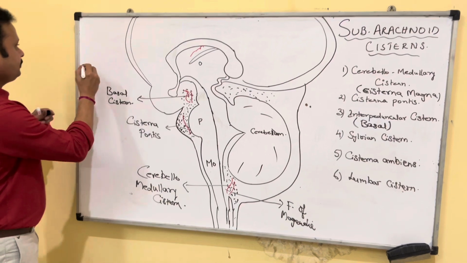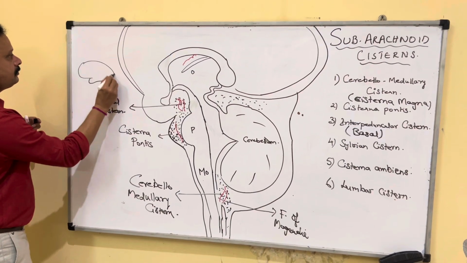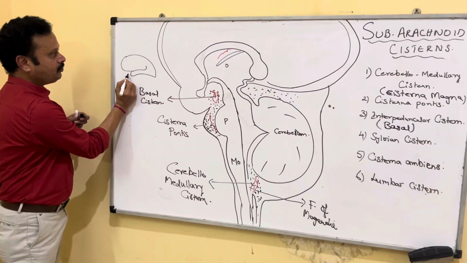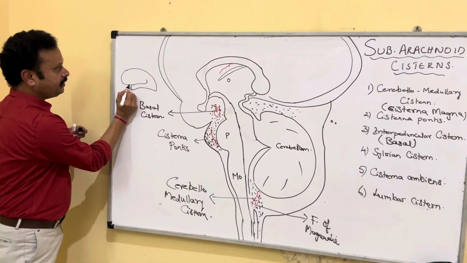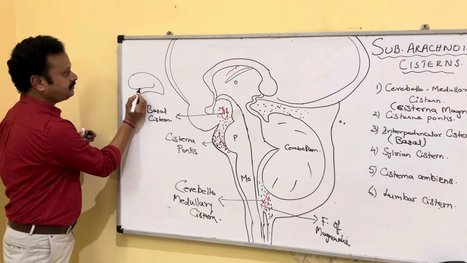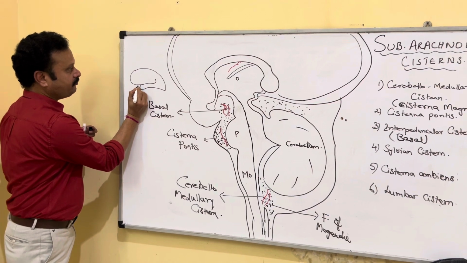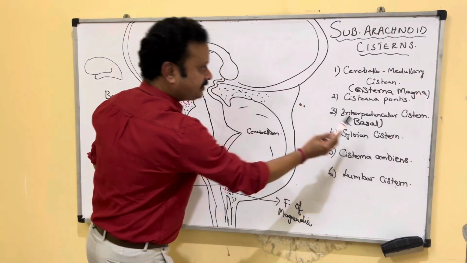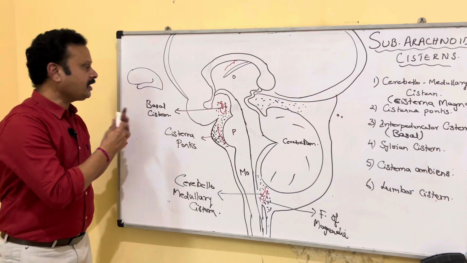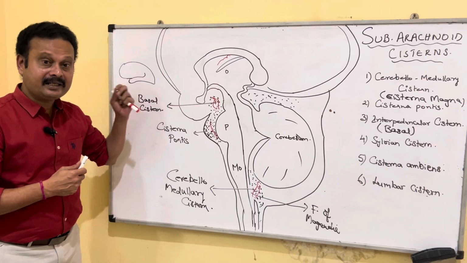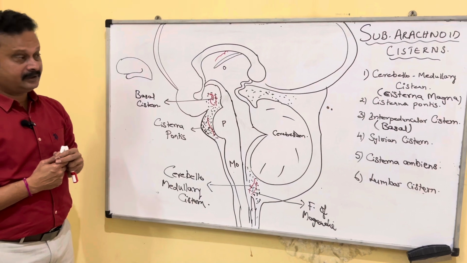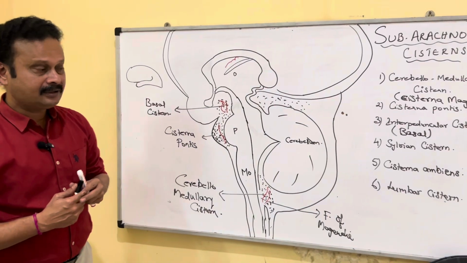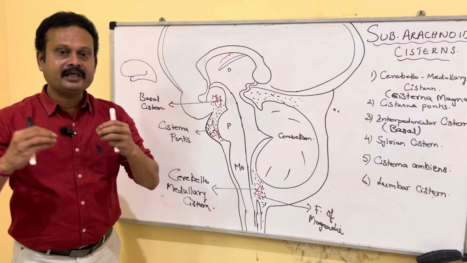If you see here on the surface of the brain, there is a cistern in front of the temporal pole and within the stem of the lateral sulcus. This is the stem of the lateral sulcus and this is the temporal pole. Here you find a cistern which is called the Sylvian cistern or cistern of the lateral sulcus, containing the middle cerebral artery. Is it clear? And the fifth one we call cisterna ambiens or cistern of the great cerebral vein of Galen,